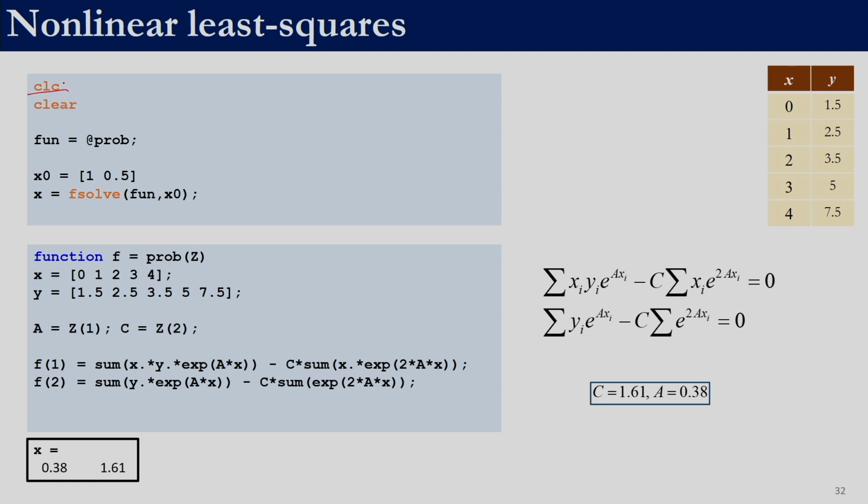This clc, as you know, will help you to clear the command window. Clear will remove all the variables from the MATLAB workspace. Here we are defining a function handle. The name of the function handle is fun. prob is the function. The problem is going to be stated in a separate function file known as prob, and the name of that function is being assigned to this variable fun. That is why we have the @ symbol over here. So, fun is now a function handle. Whenever we access fun, we will actually be accessing this function prob.